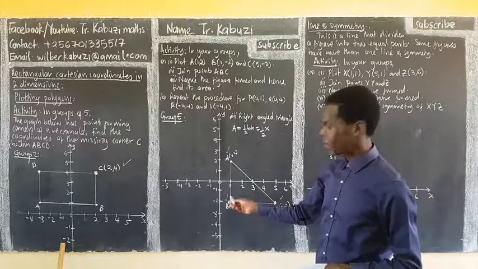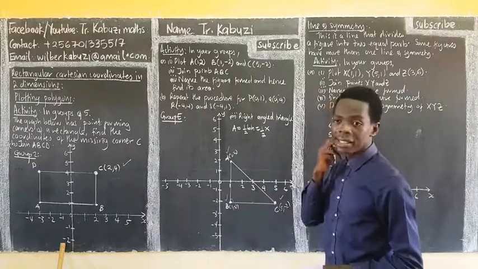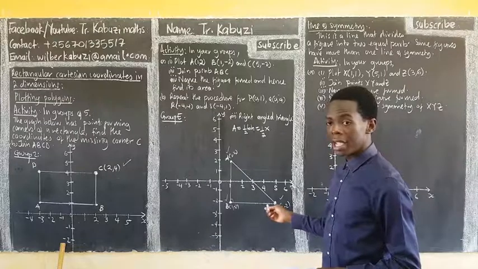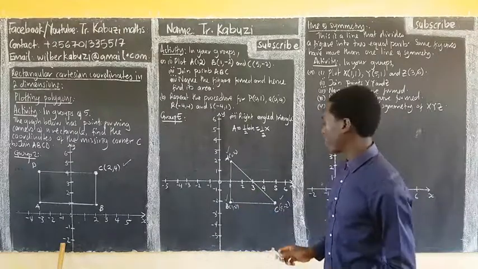From here? Well, you counted it here. So is this the base or the height? Which one is the base? This one is the height, the base, okay? Then this is the height, right? Okay, so you counted